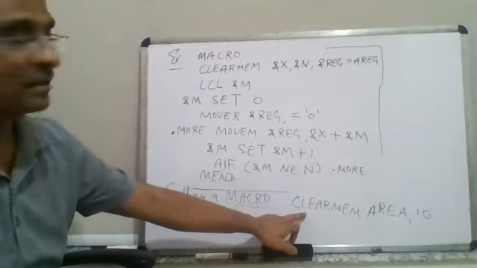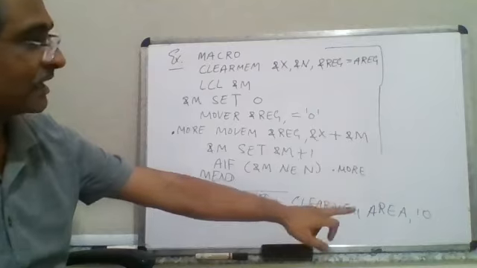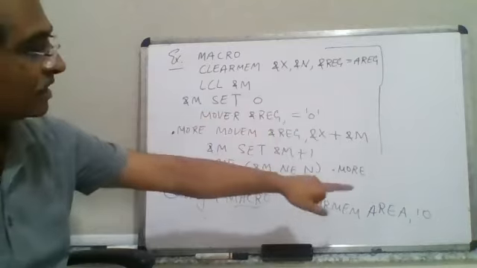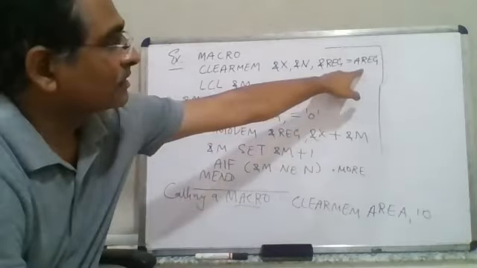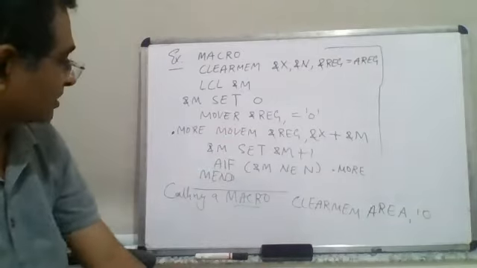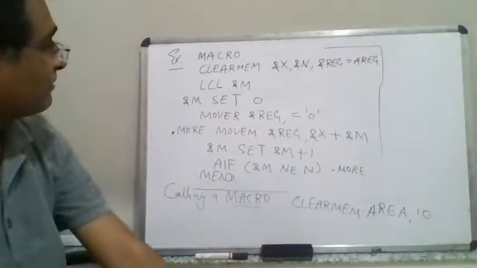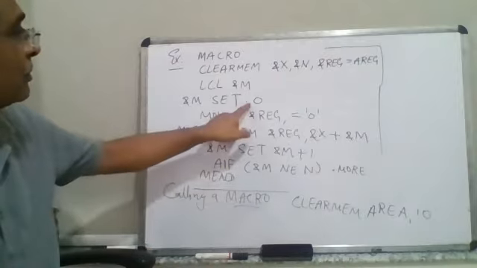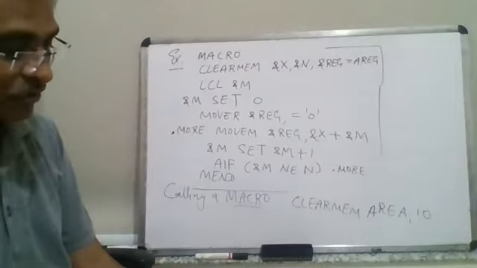So we are calling the macro clear mem with 2 parameters, one is area and 10, right? So area will be the first entry, then the second would be 10 in the APTAB, and the third entry would be this array, because this is the default parameter which is going to be there in the actual parameter table. And what will be the value inside the EVTAB? EVTAB will initially have the value 0, right? So EVTAB, which is nothing but M, is going to have the initial value of 0.